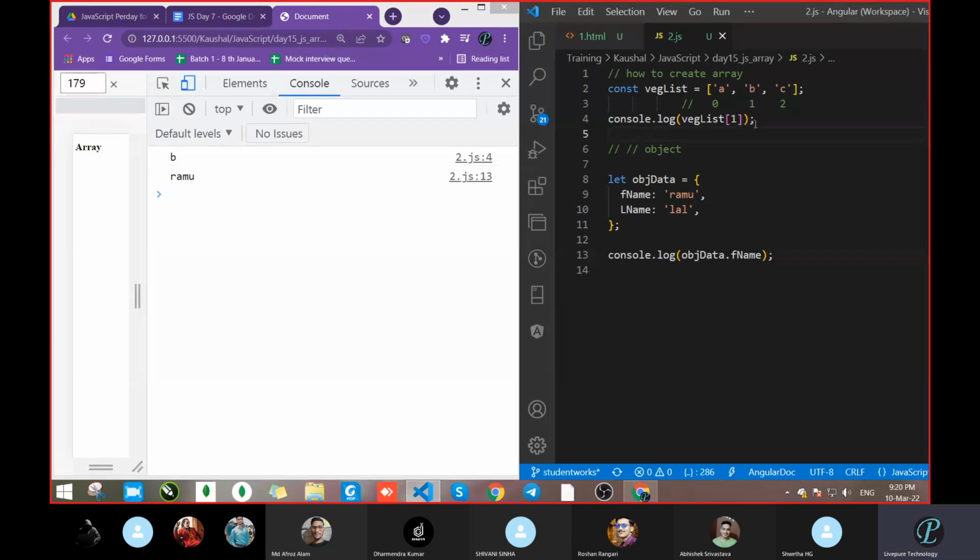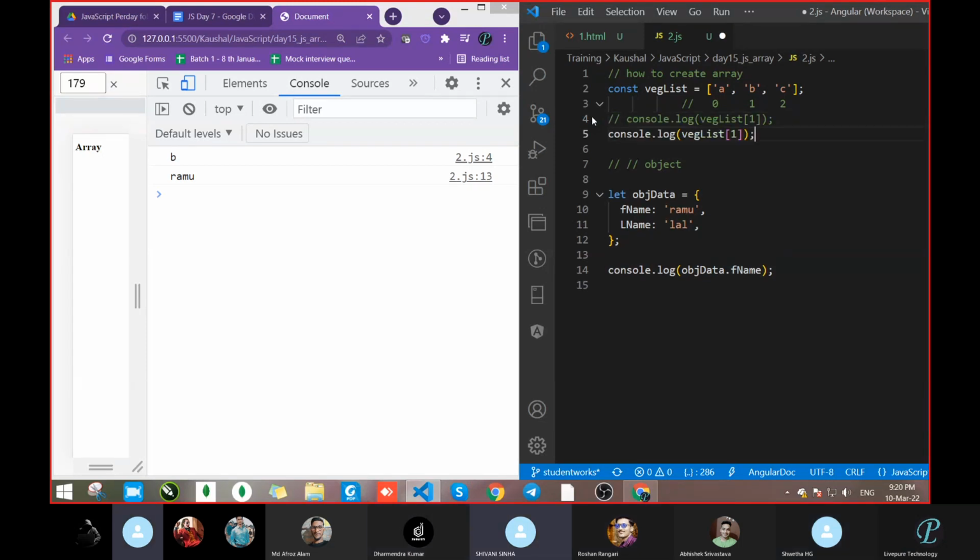How to get C? Replace dot. Position is 2, sir. We will pass a 2. Fine. I want one thing. I do not want to pass a 2. Can anyone tell me what to pass in place of it? Length minus 1, sir.